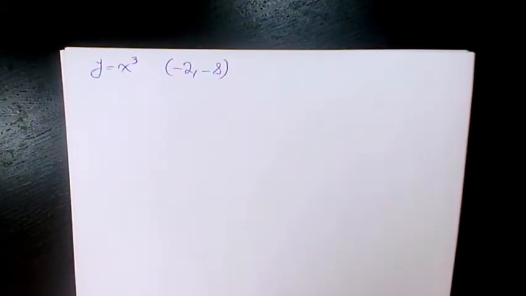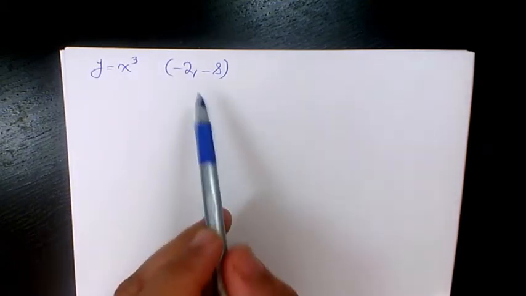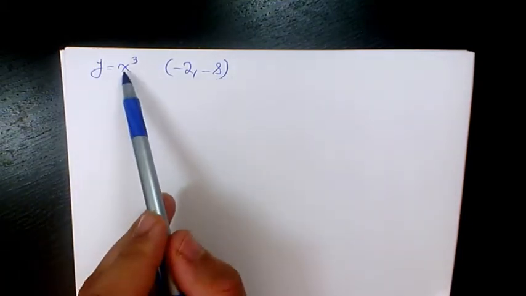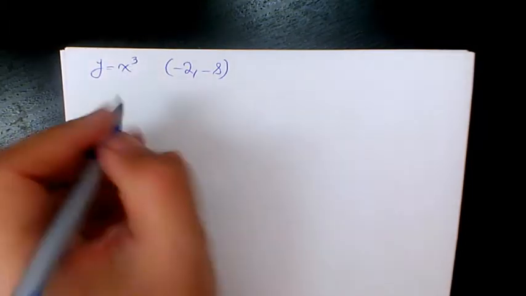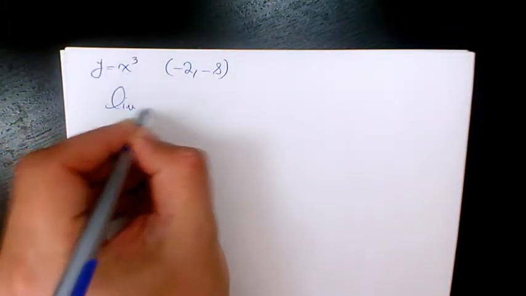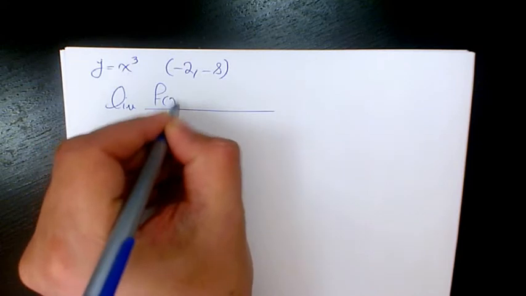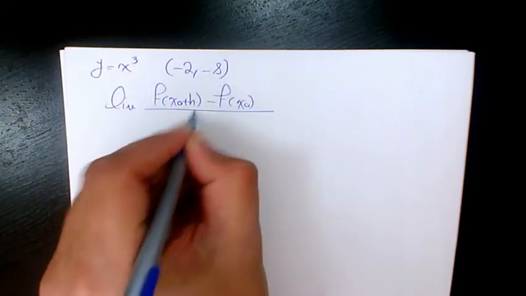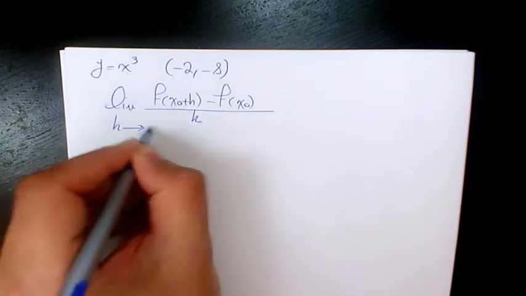Welcome to another video. In this video I want to show you how to find the equation of tangent line at a given point, which is -2 and -8. The equation is x cubed. So we need to use this formula, limit of f of x naught plus h minus f of x naught divided by h when h approaches